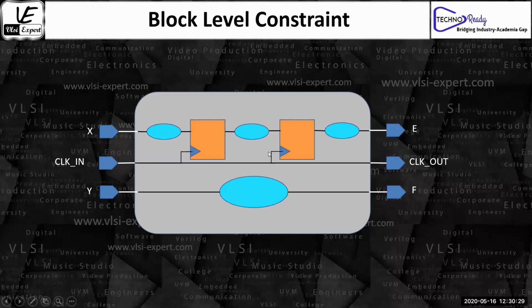These blue boxes or ellipses in the center are logic blocks. When I say logic block, I mean combinational logic blocks like AB, A plus B, ABC, A dot B dot C, A's or B's, any possible combination of logic. Now, typically, a big block which you're given for writing constraints is a combination of multiple such logic elements, combinational and sequential like flip-flops. Now, you are supposed to write constraints for these so that the tool is able to,